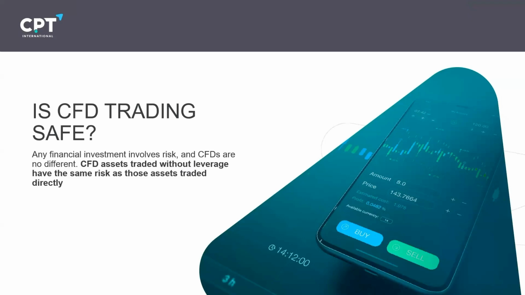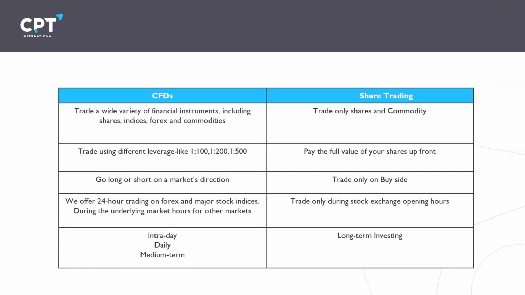CFDs also give a 24-hour time frame. In the real stock market, the next day morning it opens with a price gap. But when trading CFDs, there are 24 hours. We can keep our stop losses and run our take profit for 24 hours. With any market fluctuation, we can control our trade.